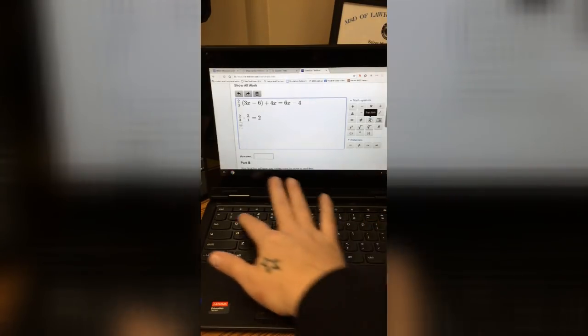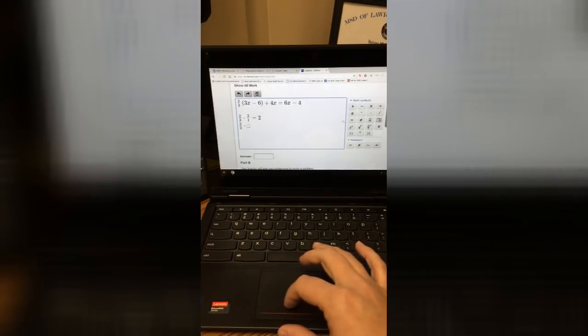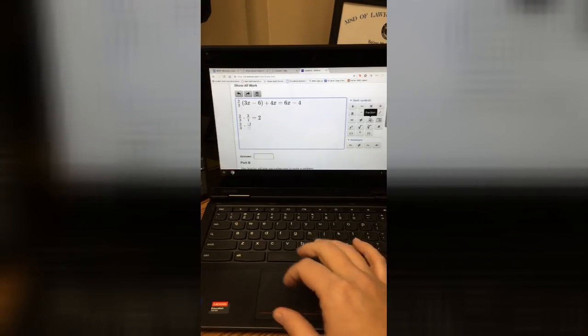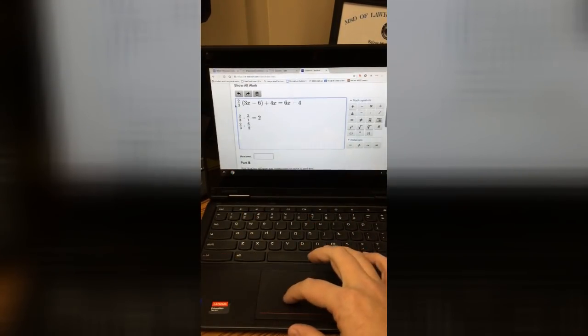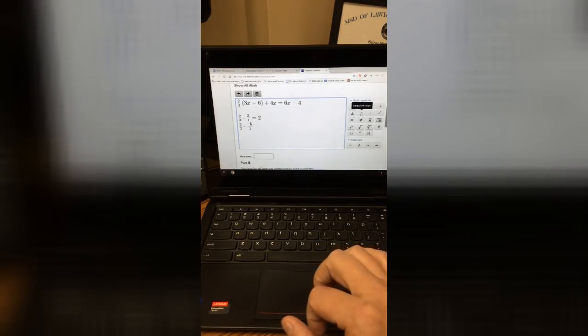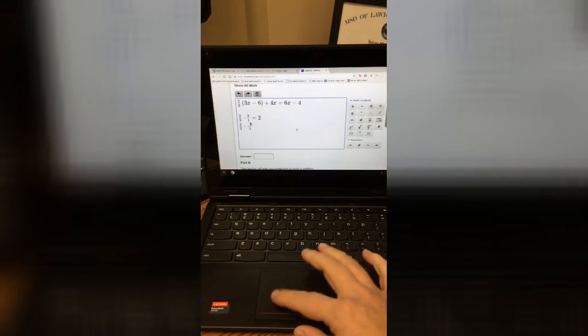So we've got 2/3 times, fraction button, 6 over 1. Now, if you don't know where those numbers came from, remember we're multiplying 2/3 times 3 and the 2/3 times the -6. Actually, there should be a -6. So let's change it to a -6. All right, cross cancel, and our answer should be,